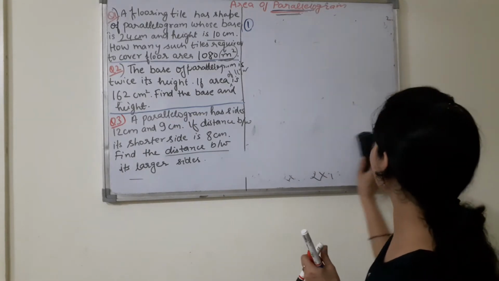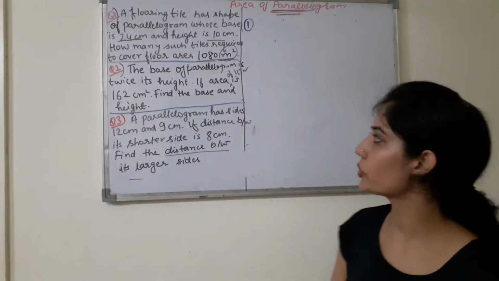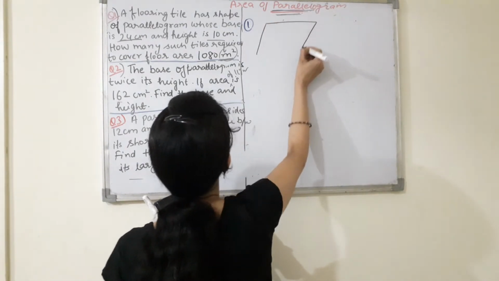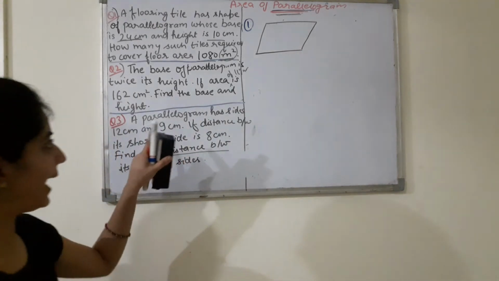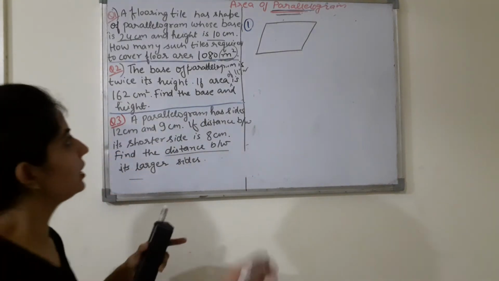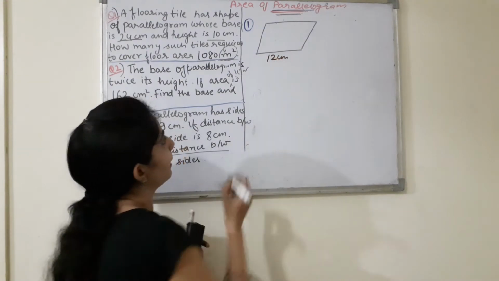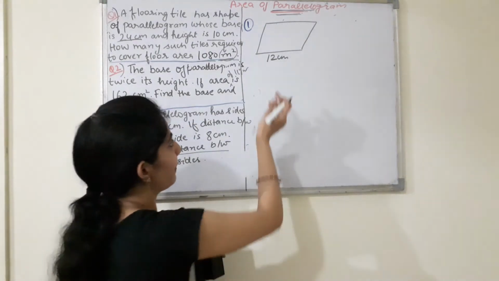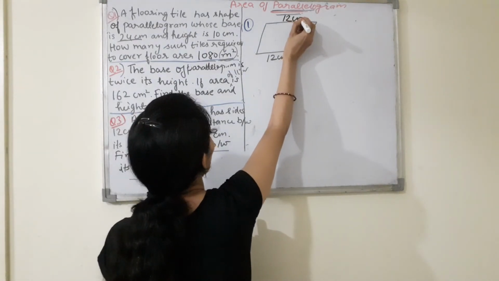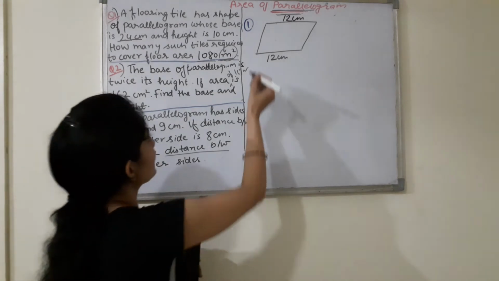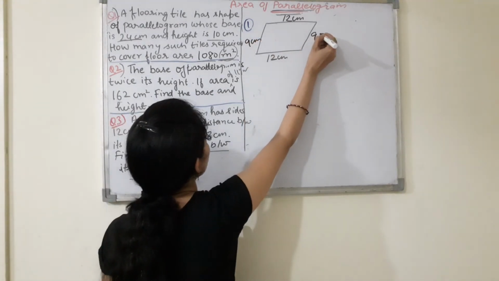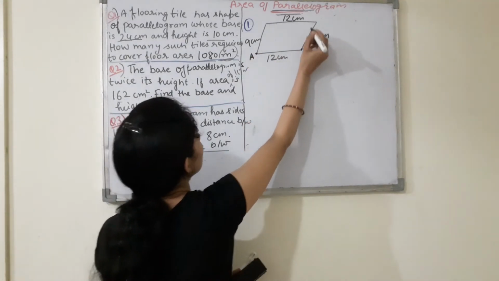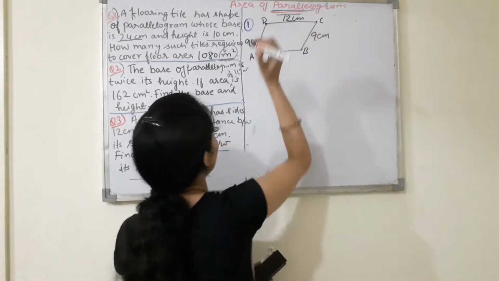So in the third question, see, it is an important question. Now in this question we have been given a parallelogram, so this is your parallelogram, right? In the parallelogram you have been given the sides. So 12 centimeter, I am taking it as the larger side. As we know, opposite sides will be parallel, so if it is 12 then the opposite is also 12 centimeter. Next is 9 centimeter you have given, so it will also be 9 centimeter. I name it as A, B, C and D, right?